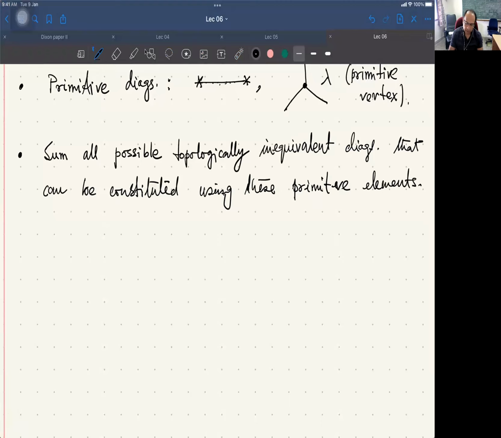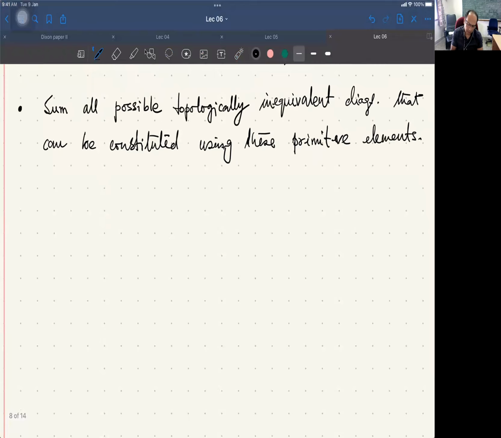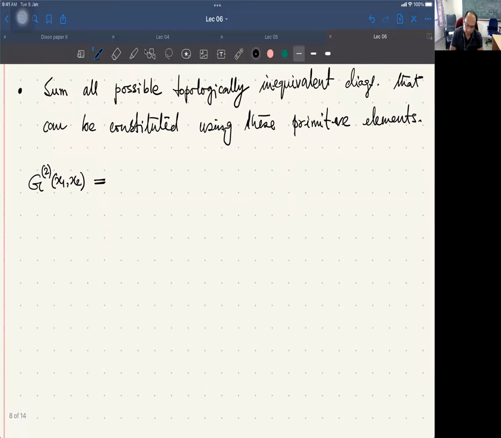So let us now follow through this procedure. G2 of x1, x2 will be given by a diagram which is x1, x2. Then what is the next diagram that you can draw? So you have to connect x1 and x2